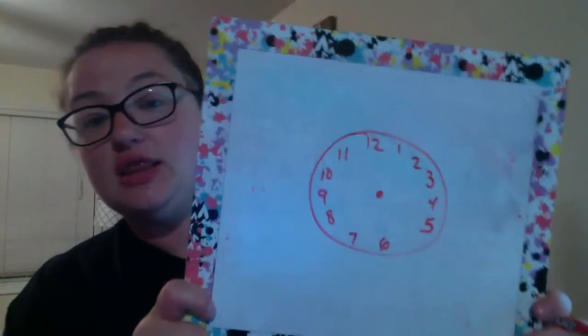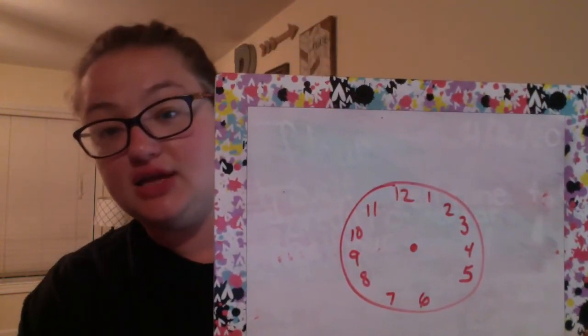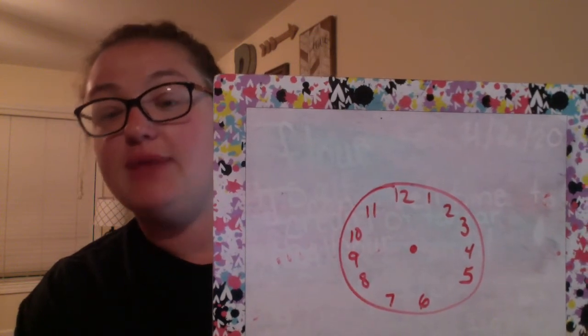Just make sure when you are drawing the hands on the clock, like if I want to draw 2 o'clock, and I apologize, you guys know I'm not an artist. So if I want to draw 2 o'clock, and this is my clock, I need to make sure that my short hand points to the 2, and my long hand, the minute hand, points to the 12. So if I do this,